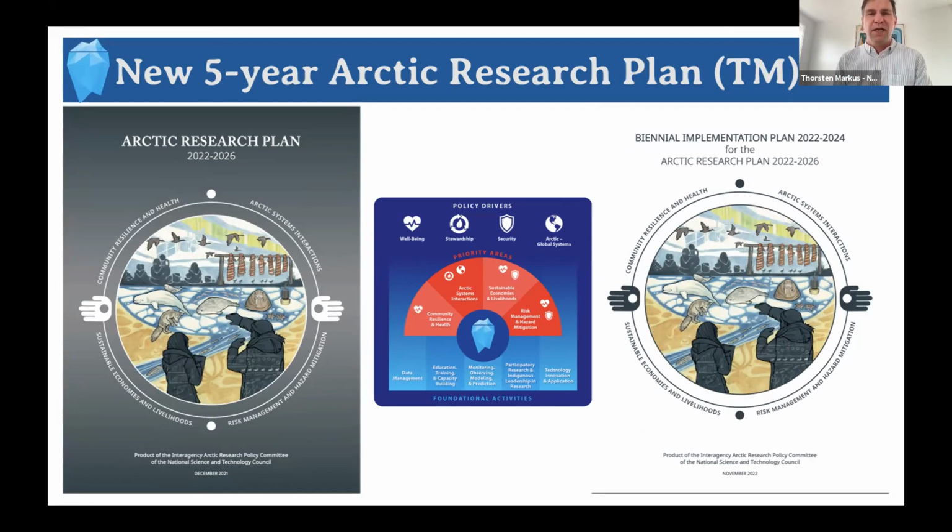And that spreadsheet or the implementation plan is somewhere as well on the IARPC website, and it's really useful, and I encourage you all to look at it and click on the different sheets for the different priority areas. And for priority area 2, the atmosphere community of practice, sorry, the name changed, and I still have to get my head around it. So the atmosphere community of practice is mentioned in several of our deliverables.